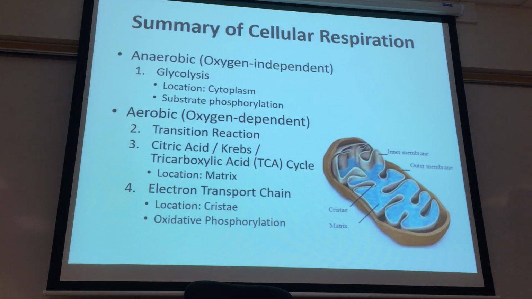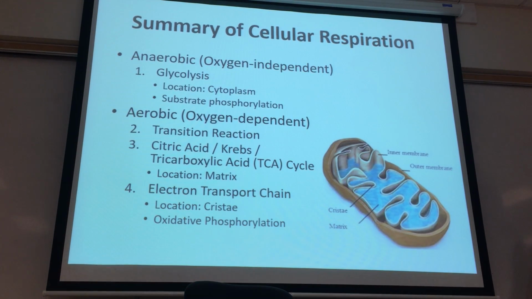So all of cellular respiration, when you saw that equation earlier, it's not like we take a glucose molecule and undergo one reaction and end up with our products. We have to go through several steps, and those steps take place in different areas of the cell. The first portion we're going to see is anaerobic. The easiest way to define aerobic is oxygen dependent. It requires oxygen in order for that process to take place. The other portion is called anaerobic, meaning it's oxygen independent, meaning that we can take our metabolic substrate, glucose, and